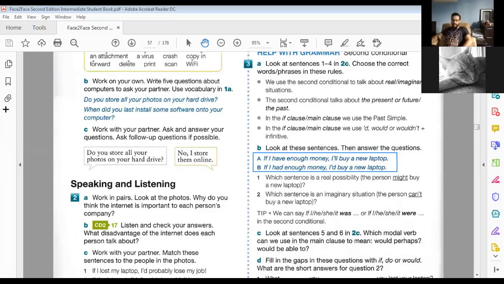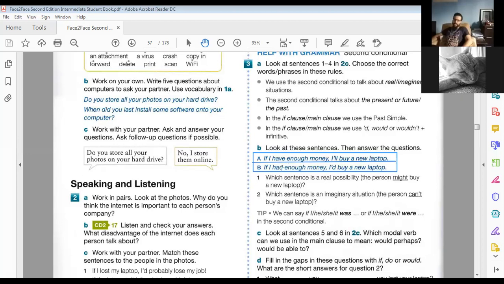If I have enough money, I will buy a new laptop. If I had enough money, I'd buy a laptop. يعني في الزمن في المعنى. طبعا لو كان عندي فلوس لو اشتريت. لولا إبراهيم اللي احنا قريناها اللي هي الفيرست كونديشنال صح ولا؟ ايه هذا اللي هو الفيرست كونديشن. أنا عندك present وبعدين عندك will صح ولا؟ اوكي فمعناها واضحة. لو كان نحصل فلوس حنشري اللابتوب. ايه But what about the second one?